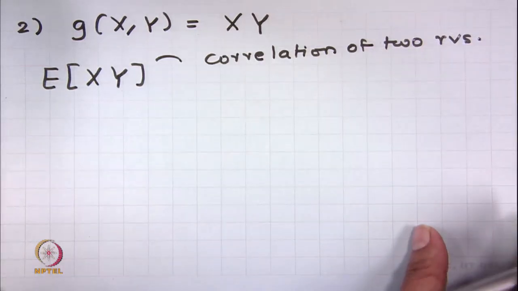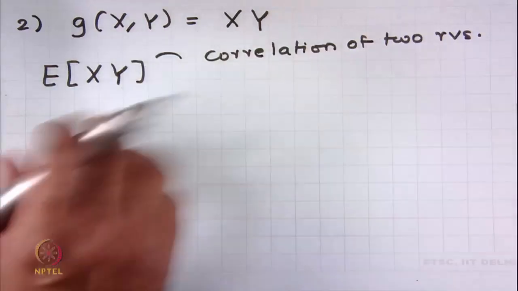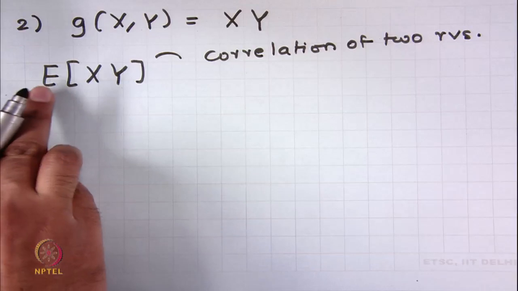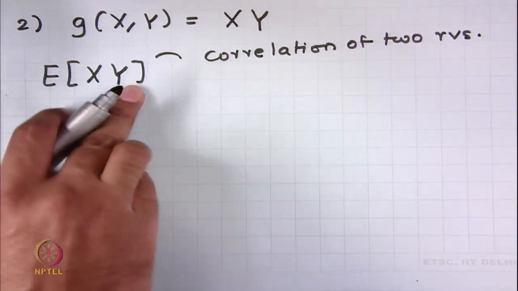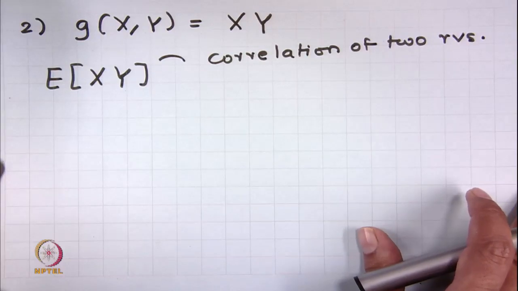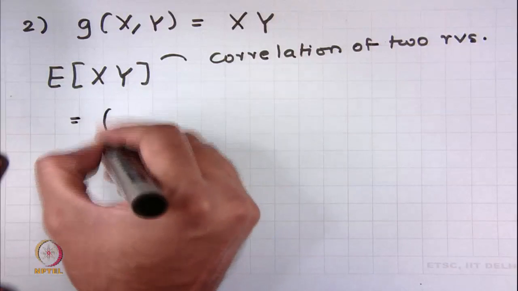Okay. So, this is the correlation operation of two random variables. The correlation of two random variables is nothing but the expected value of the product of those two random variables. Now, by definition this is nothing but